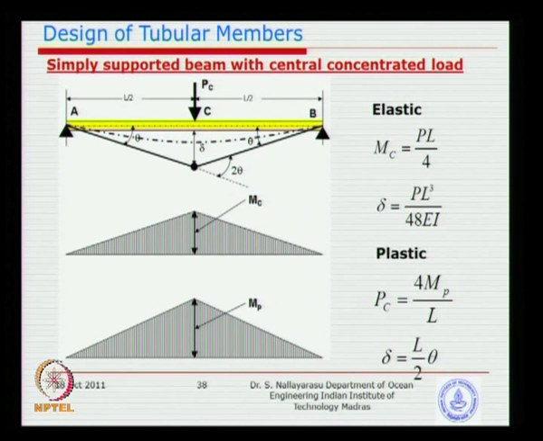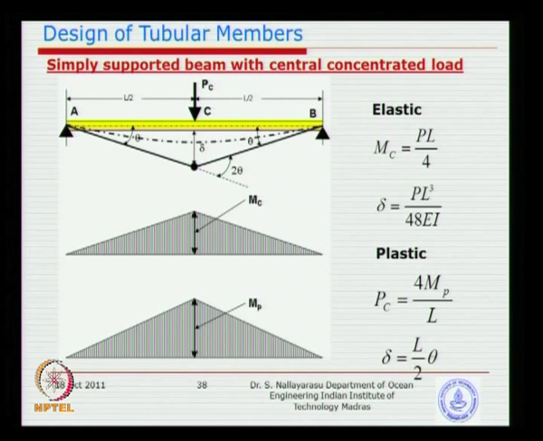If you look at this simply supported beam with a centrally loaded point load, I think most of you remember the bending moment diagram will be a triangular shape, with the maximum bending moment PL by 4 or WL by 4, which you will remember from your basic mechanics. Now, if you keep increasing the load magnitude until the stress diagram goes from a linear triangular distribution to a rectangular elastoplastic stage, you will see that the bending moment will become maximum.